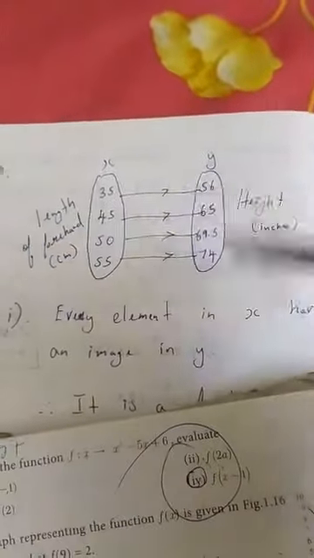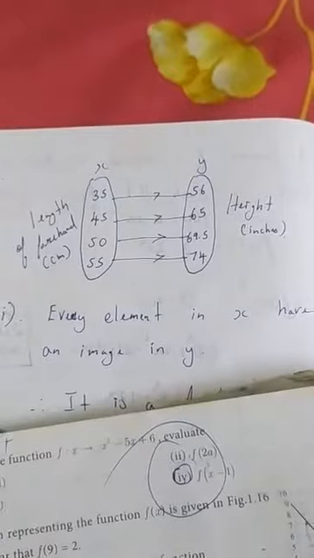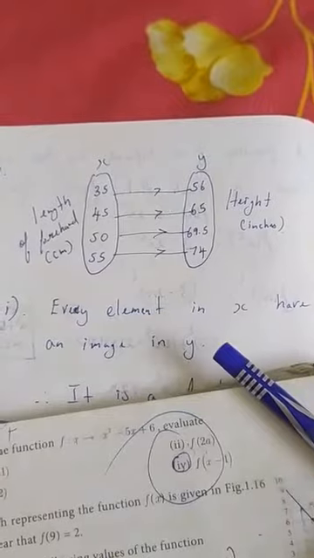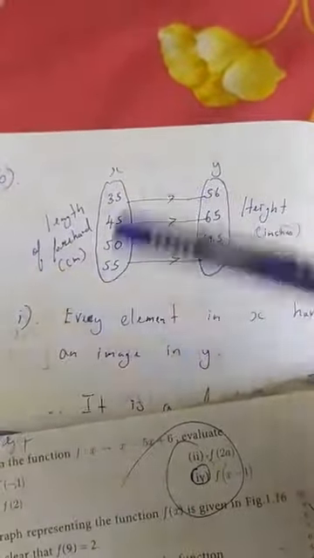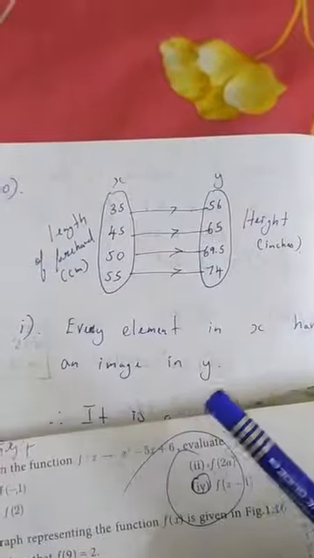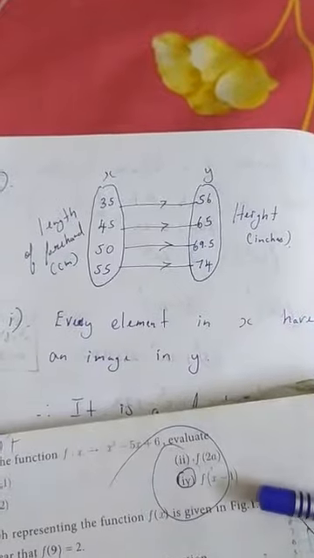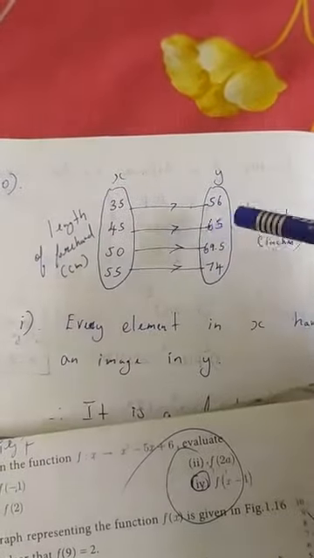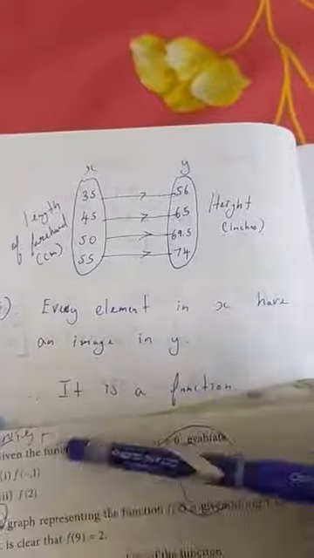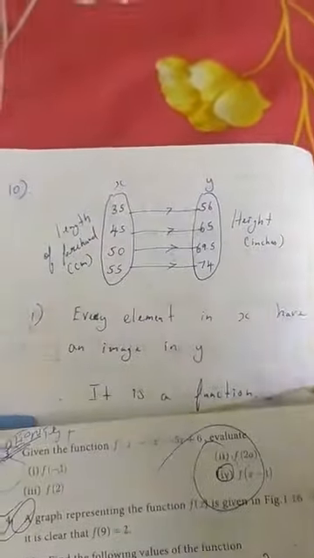So now the first subdivision is check if this relation is a function. So this is a relation, we have to check whether it is a function or not. How? It should satisfy 2 conditions. What are those conditions? The first condition is all the elements in the domain must have an image. Yes, all the elements in the domain have an image. Second condition is all the elements in the domain have only one image, right? Yes, all the elements in the domain have only one image in y, which means both the conditions are satisfied. Therefore, it is a function. So every element in x has an image in y. Therefore, it is a function. So first subdivision is over.